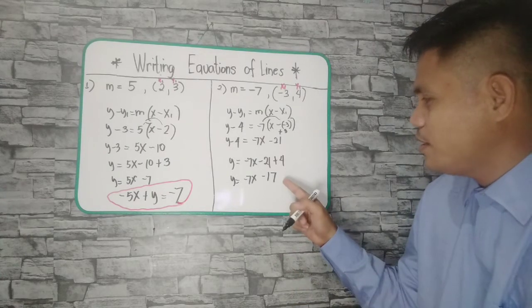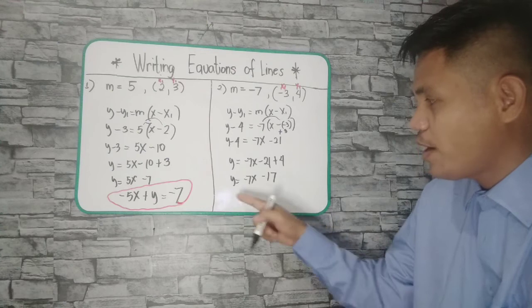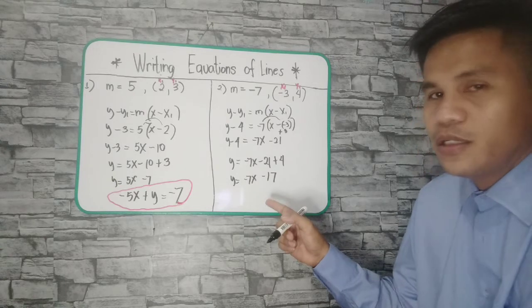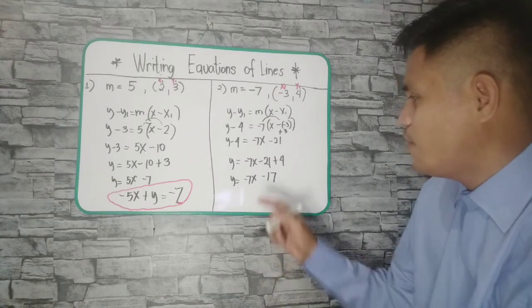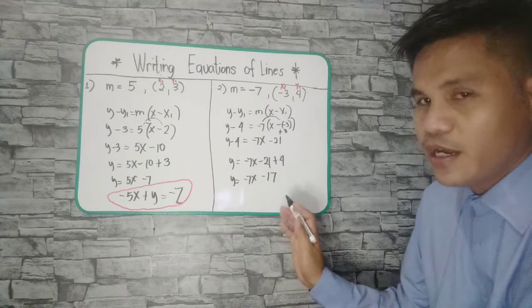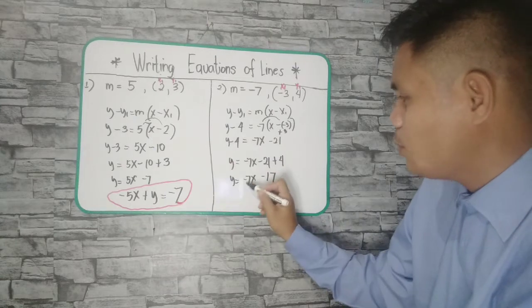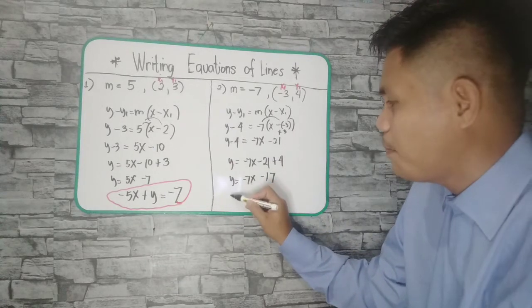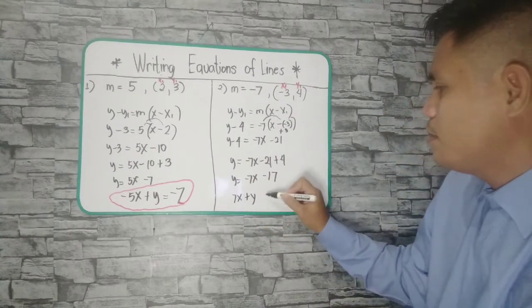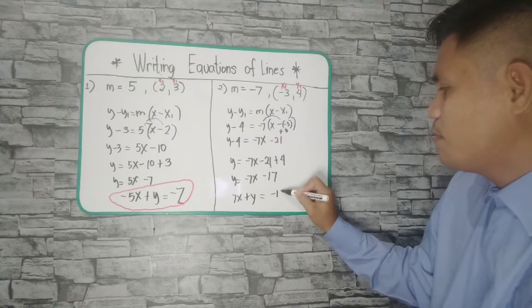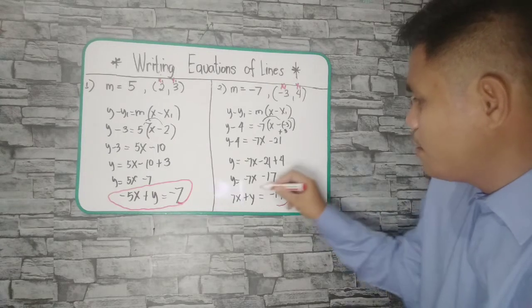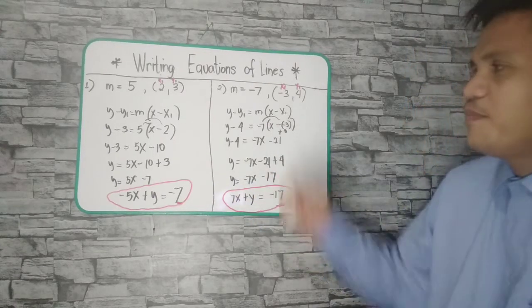So we are already in the slope intercept form, or y equals mx plus b. Let us transform this into a standard equation of a line. All you have to do is transpose negative 7x from the right side to the left side. Since this is negative, it will become positive 7x plus y equals negative 17. So there you go. We already have the answer for problem number